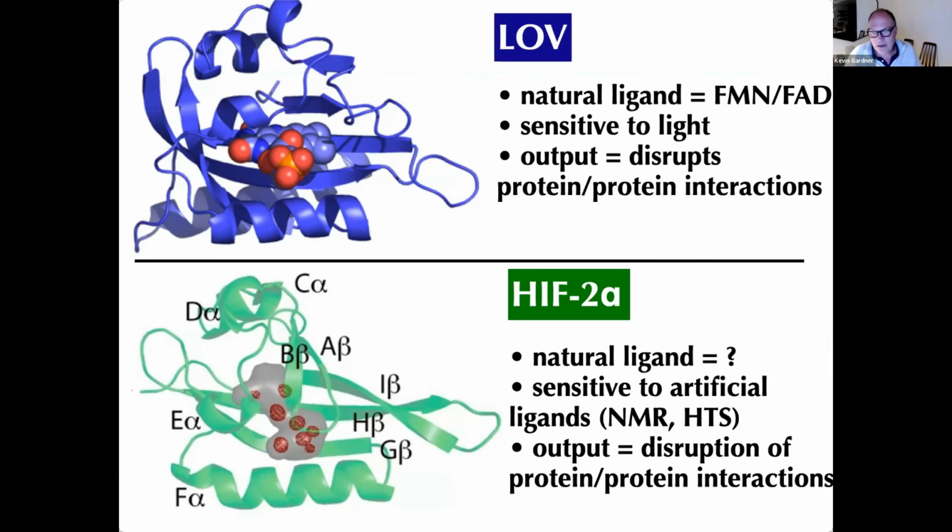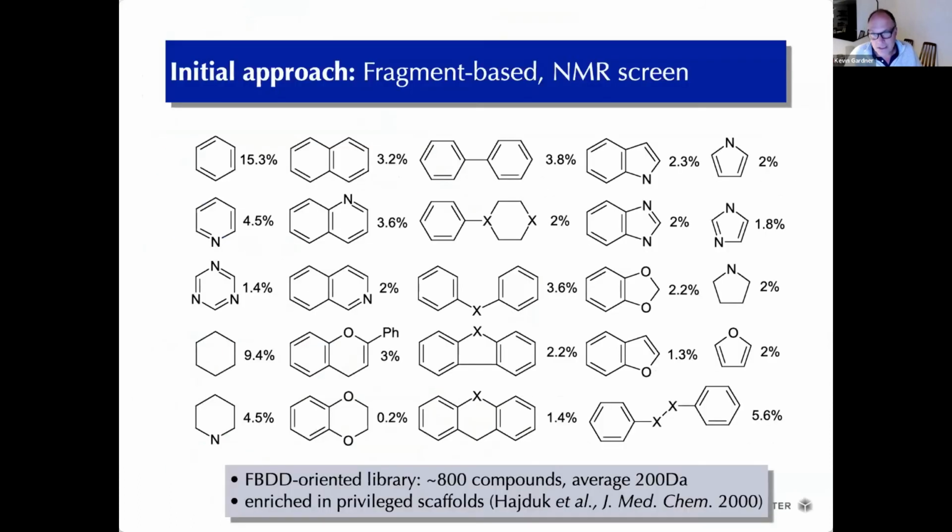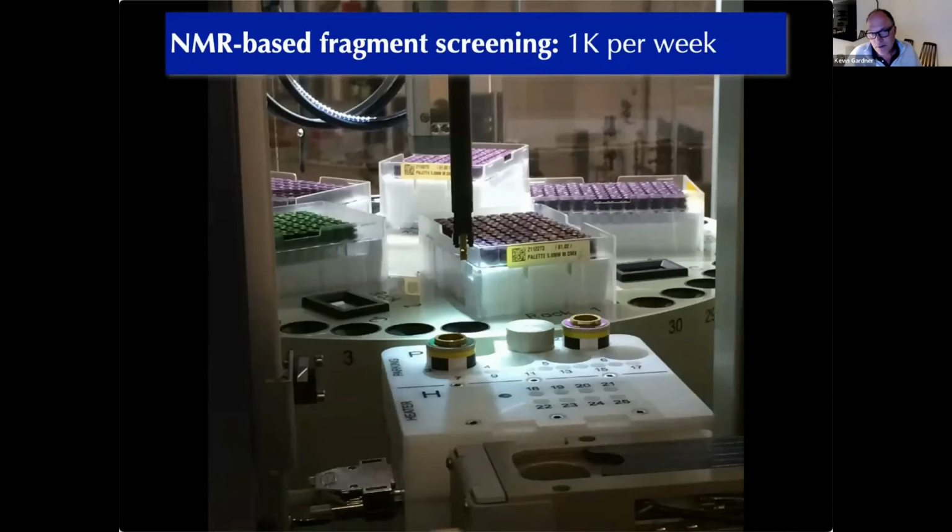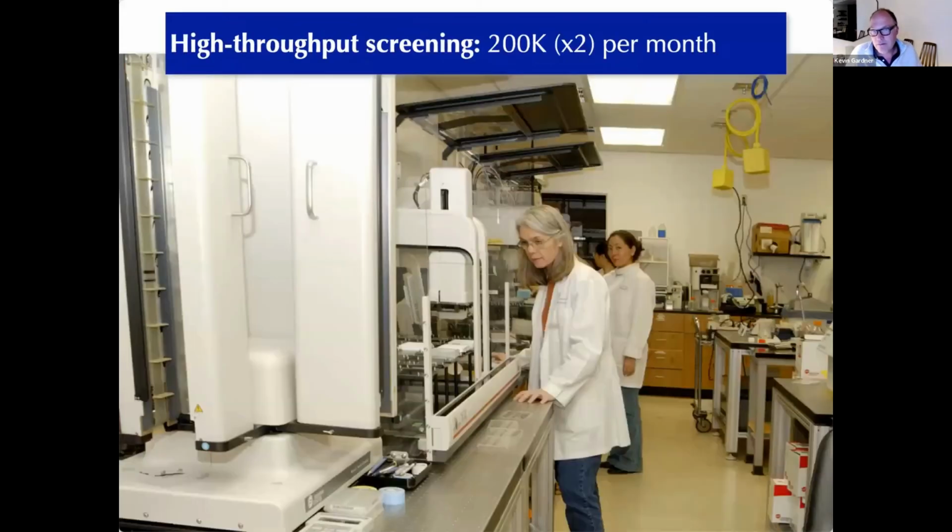This is where a lot of the robotics that Erika and Catherine were talking about before are wickedly important. We build libraries of 1,000 compounds and screen them with NMR spectroscopy, for example. So we need robots to build literally 1,000 NMR samples and change them on an NMR. And in a week, we can screen 1,000 compounds for what they hit. If we want to go even a step further, let's go up to high throughput screening. A lot of universities have this. A lot of drug companies have this in spades, libraries on the order of 200,000 to 2 million compounds routinely,